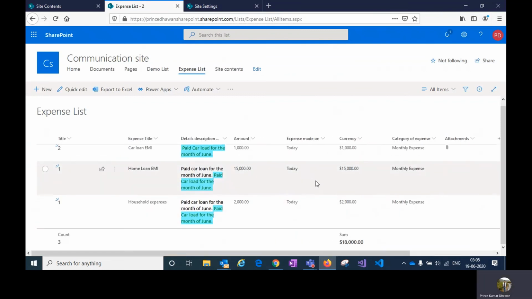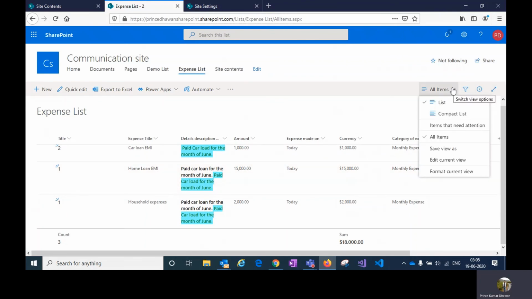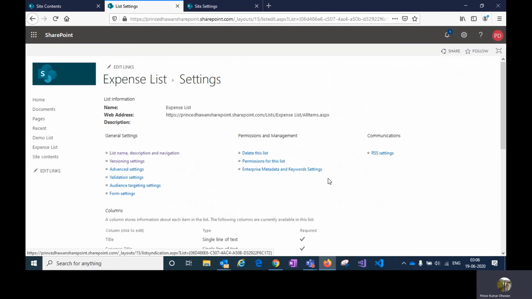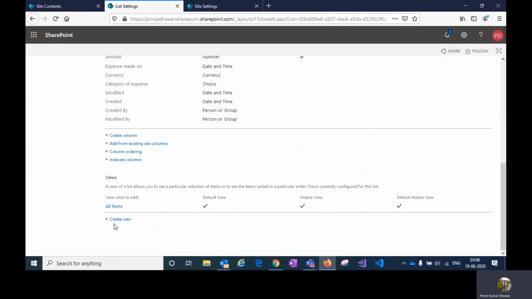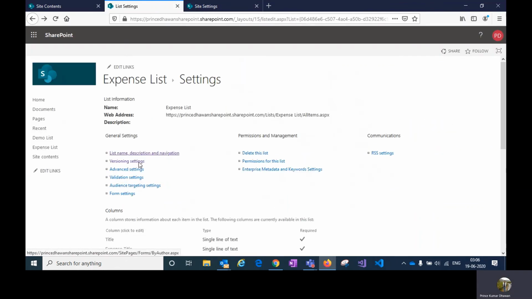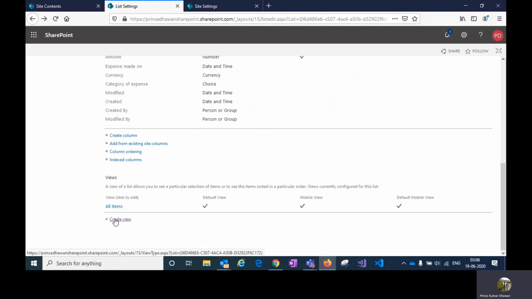What is another very, very important advantage of custom list? We can create views. What are views? Go to list settings. In list settings, you have an option to create a view. Why do you create a view? Imagine a scenario where you want to filter out items which are from the last 30 days. How to do that? Create view,